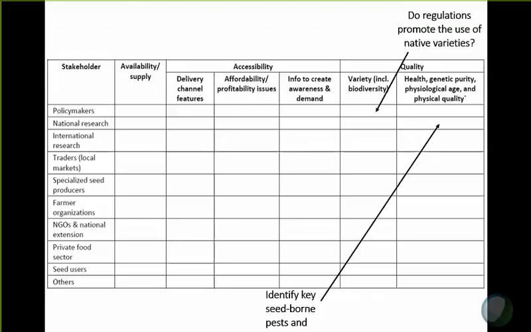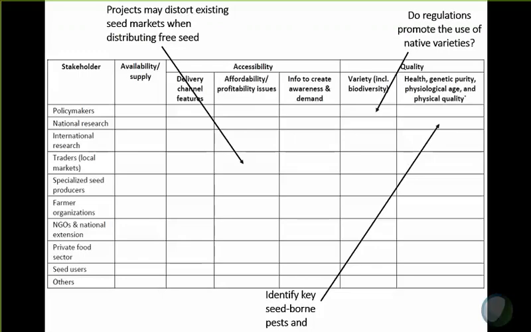Also, we can use the framework to identify roles and functions of existing stakeholders. For example, in this cell, in quality and national research scientists, the function of the scientists could be to identify key seed-borne pests and diseases. And we have also developed questions to identify bottlenecks within the seed system. For example, in the case of traders and affordability, we can identify a potential bottleneck when we implement an intervention: projects may distort existing seed markets by distributing free seed. So in the user guide, as I said before, you have a whole set of questions that help us to either understand an existing system or identify functions and bottlenecks